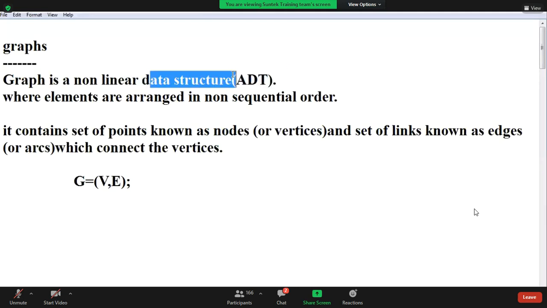Graph is a nonlinear data structure where elements are arranged in non-sequential order. It contains a set of points known as nodes or vertices and a set of links known as edges or arcs. I'll give a diagram. First write